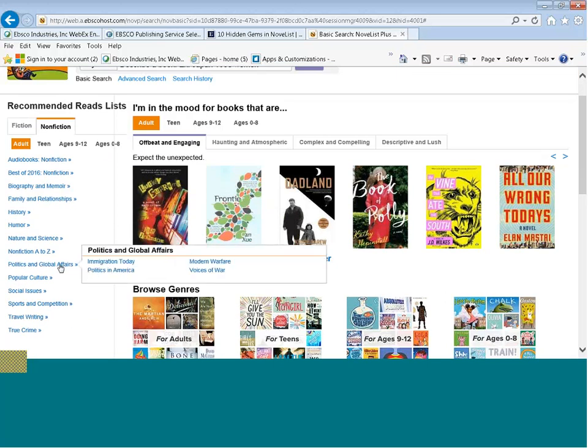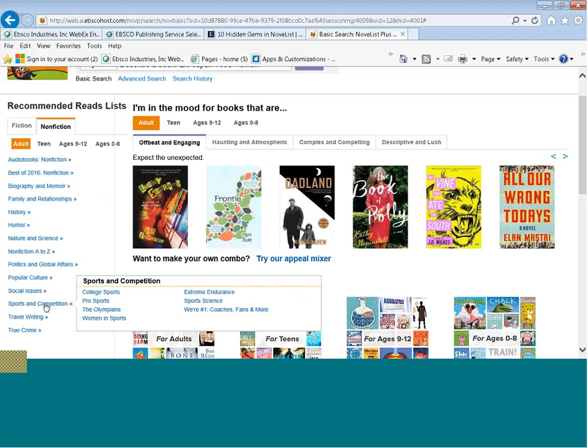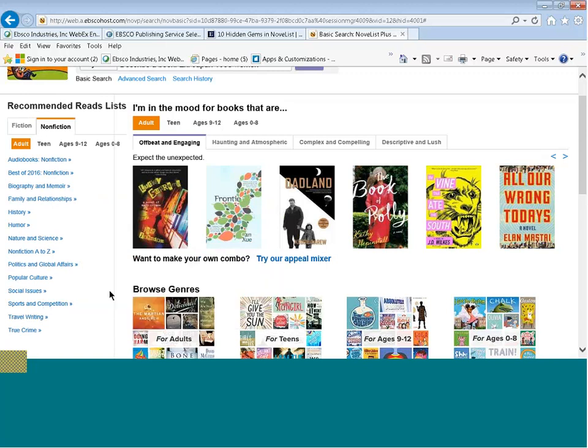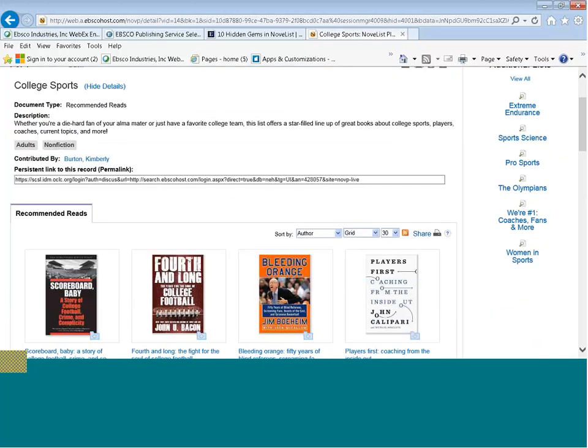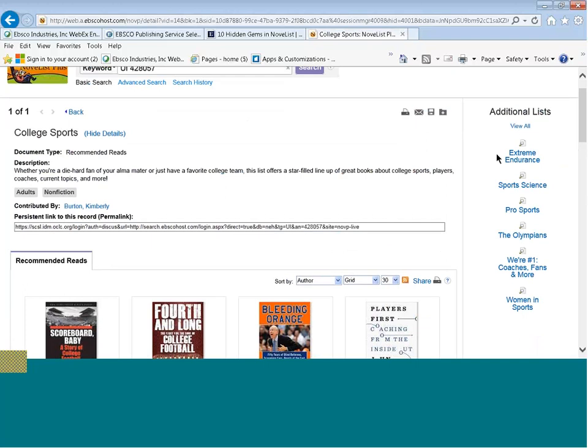If I look at nonfiction, particularly in adult, you'll see the range of genre for nonfiction. So this is narrative nonfiction. In narrative nonfiction, you might see books about food writing, but not cookbooks. Here's subgenre. As I hover over on, say, sports and competition, maybe I want to look at college sports and come to a result list of recommended reading, and then I still have those other categories, subgenre for sports over on the right-hand side.